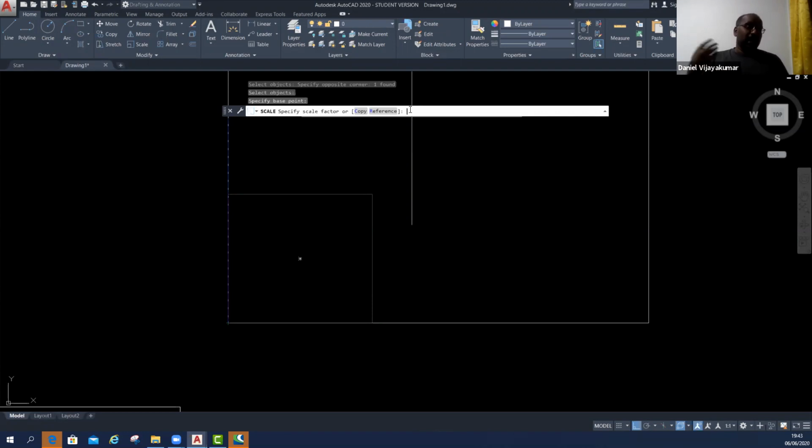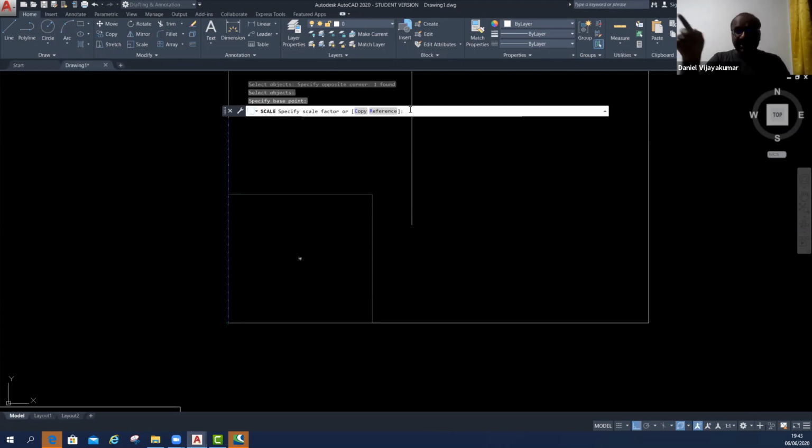Now I'm telling you, my horizontal line is 100 mm in length. Now I want to make it 75 mm with the same object. How to do it? You have to calculate the ratio of 1:100 divided by 1:75 to get the value. Maybe it's 0.75 or 0.65 or whatever. Then only you can make it.